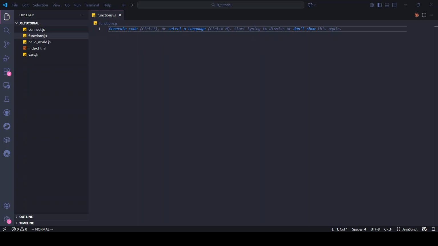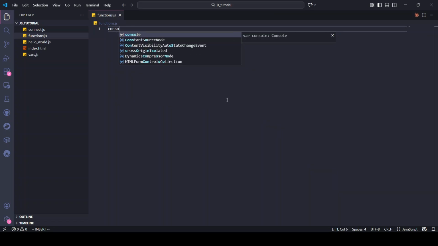If there is a piece of code that you keep using, that you want to keep using, then instead of constantly typing it out, you could make a function for it. So, for example, let's say I have console.log